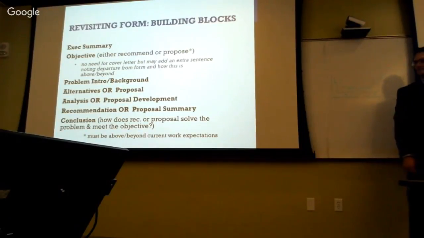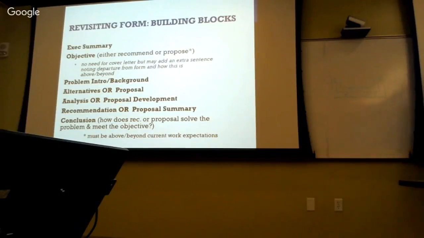Okay, so you should have in the recommendation the result of your analysis. If you're writing a proposal, this is where you have a summary of your proposal. It will look very similar to this, by the way. It will look very similar to this alternatives proposal section in that it's going to be a 10,000-foot view, but you're probably going to have a few more details in here for your decision maker, because this is where you're going to drive your decision maker to say, what is it that Jan's really asking me to do? Well, you read the recommendation or the proposal summary to find out what's really going on there.